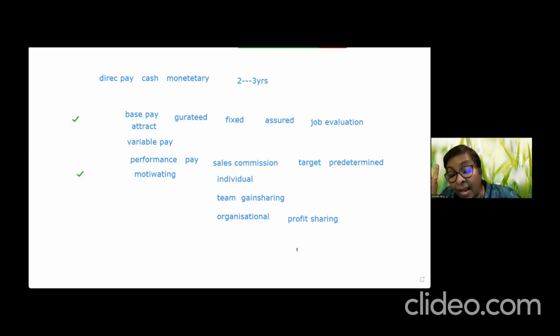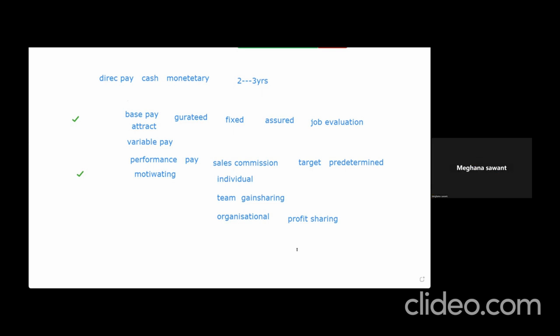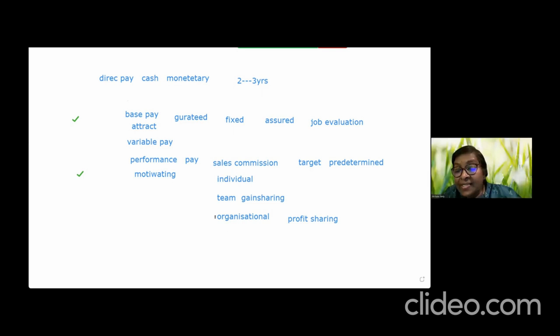Profit sharing is at an annual level. After the books have been balanced, after you have seen that we have made this much profit on the EBITDA, then you declare, okay, fine, we're going to share the profits. Have you understood the difference between gain sharing and profit sharing, guys? Very important to understand these terms. Just give me a thumbs up, please. Yes. We are going to talk more about incentive plans in session 3.